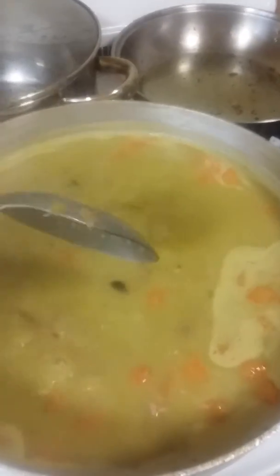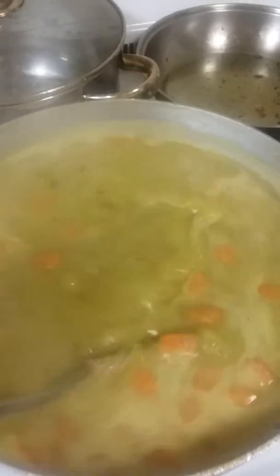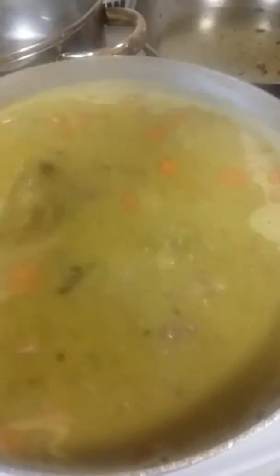And yeah, it's coming along great. It really is. And you can see the thickness of the soup already, you know. Oh yeah, that should look good. That is good. So we're up to